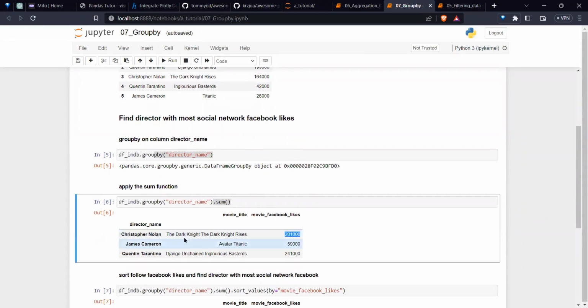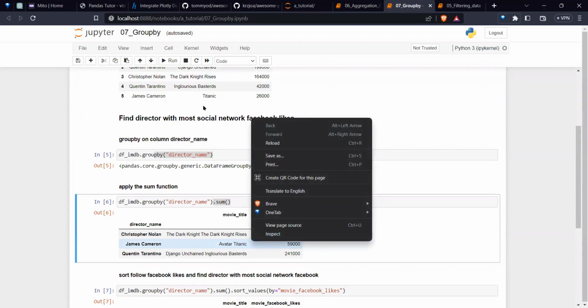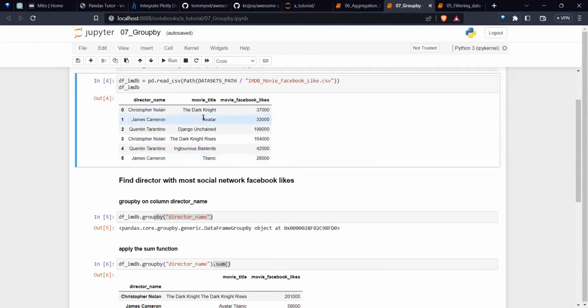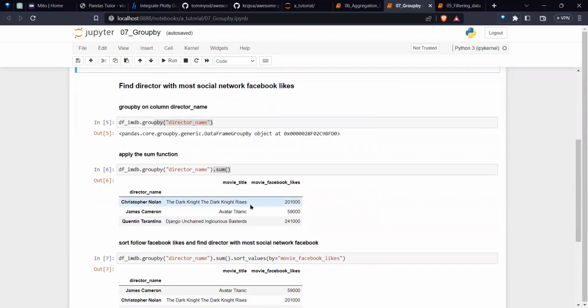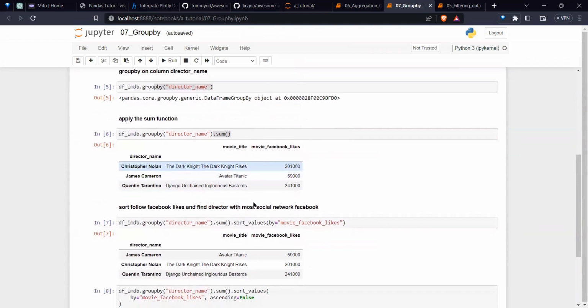Similarly for James Cameron, there is Avatar and Titanic. You see here, James Cameron has Avatar and Titanic, two values, and the values were summed. So like that, the director column will have only unique values of directors. For each of them, other values will be summed. So that is the aggregation